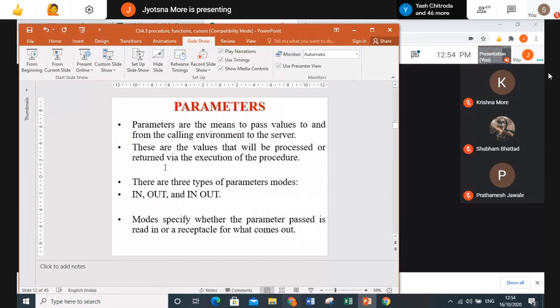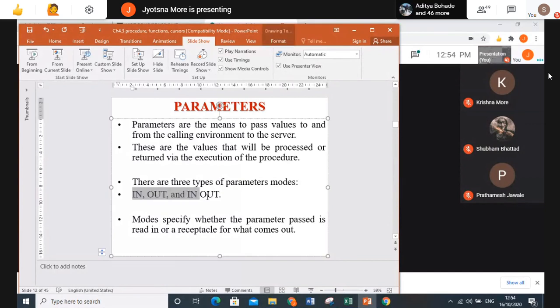Now, when you require parameters to be read or written by the procedure, those come before the as keyword, and can be one of in, out or in out. In means you just want to read the value, you are just taking input from the user.